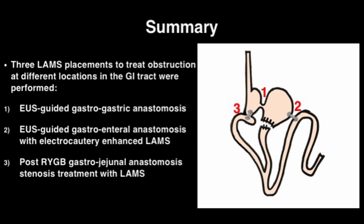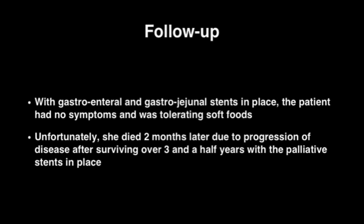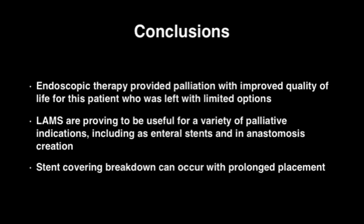easy deployment and caliber. During the initial follow-up, with the gastroenteral and gastro-jejunal stents in place, the patient had no symptoms and was tolerating soft foods. Unfortunately, she died 2 months later due to progression of her disease after surviving over 3.5 years with the palliative stents in place. Endoscopic therapy provided palliation with improved quality of life for this patient who was left with limited